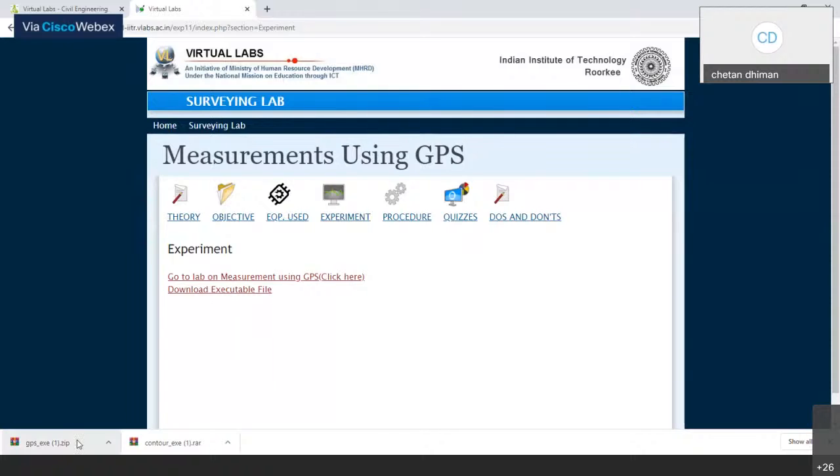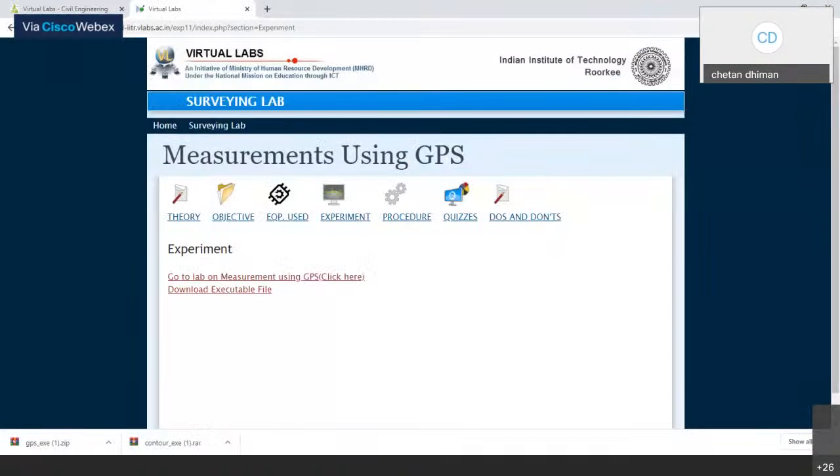And after completing the download, you just open the file and start working on it. You just give me a second. I just open my file.